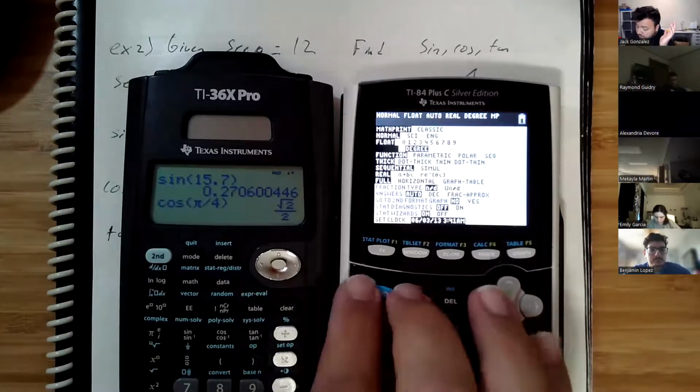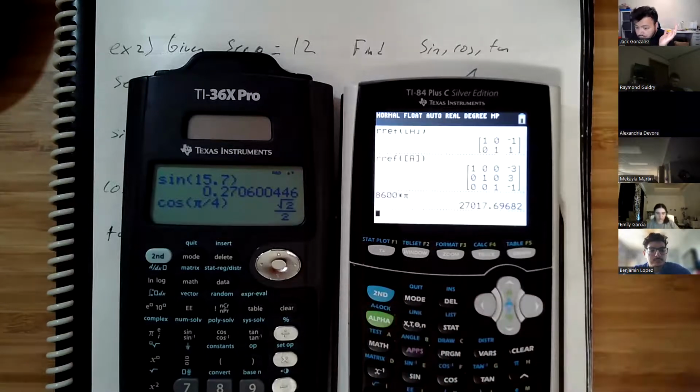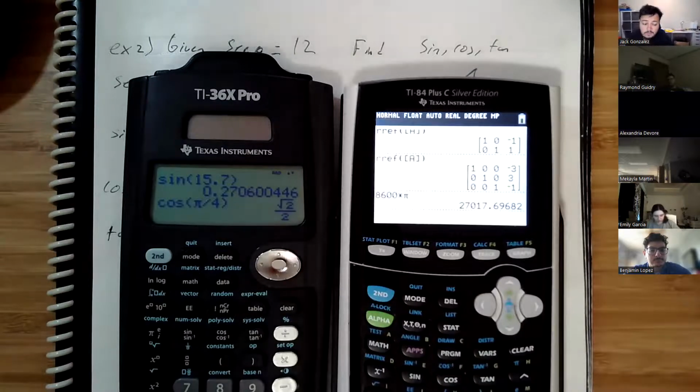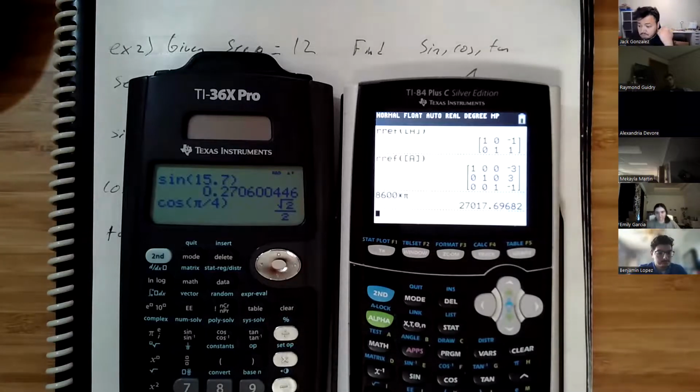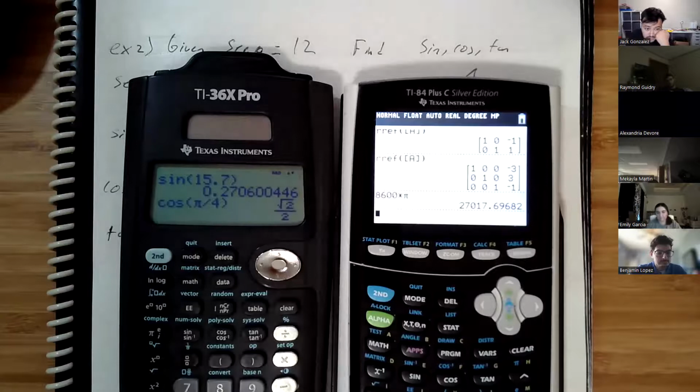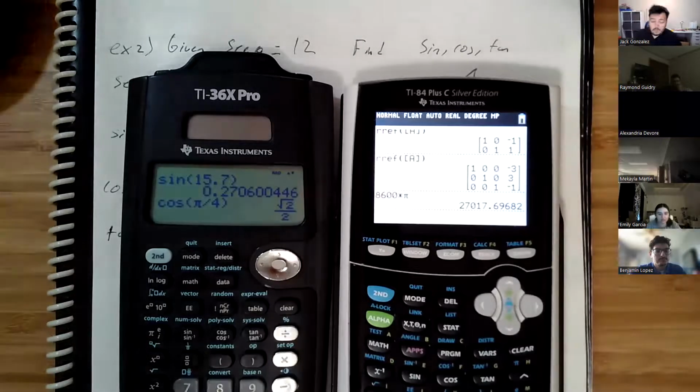Just make sure before you do anything that you know what mode you're in, because I hate when that happens to you guys. You think you're right and you're done, and then it marks it wrong. You're like, why? What the heck happened? It's something simple like that, especially if you're running out of tries. I don't want you to waste one. Okay. Anyway,